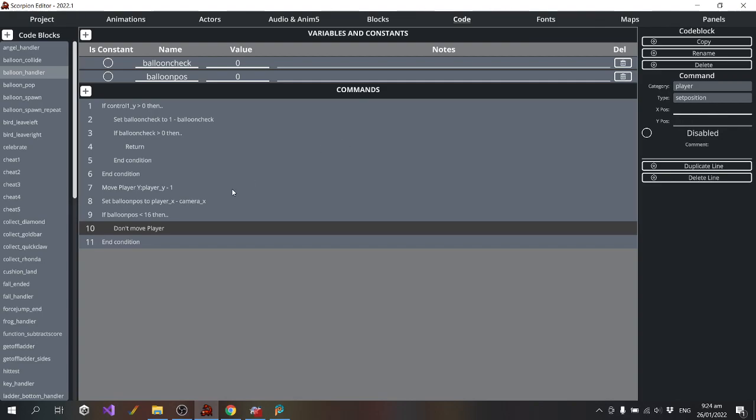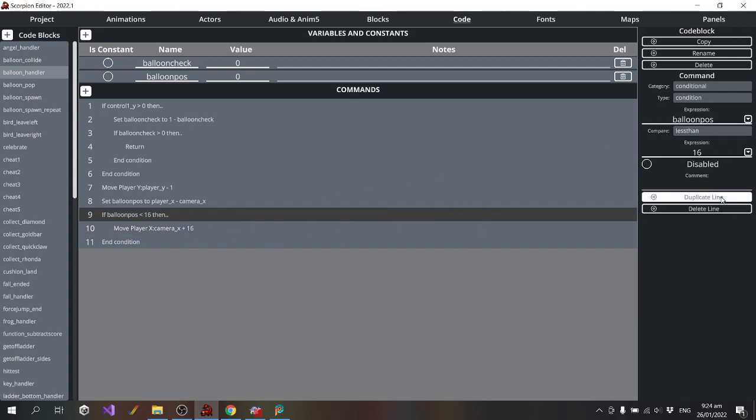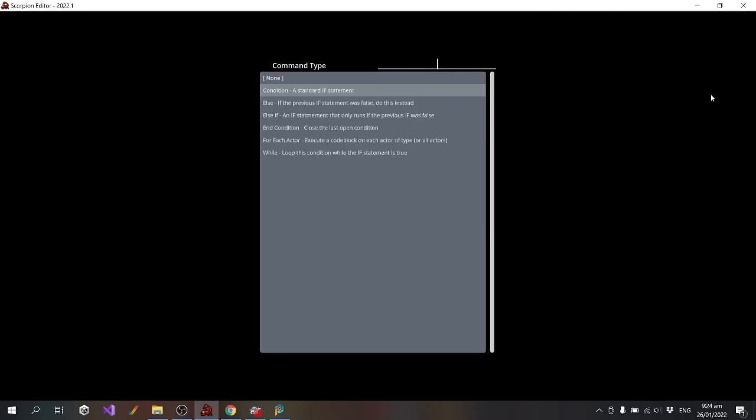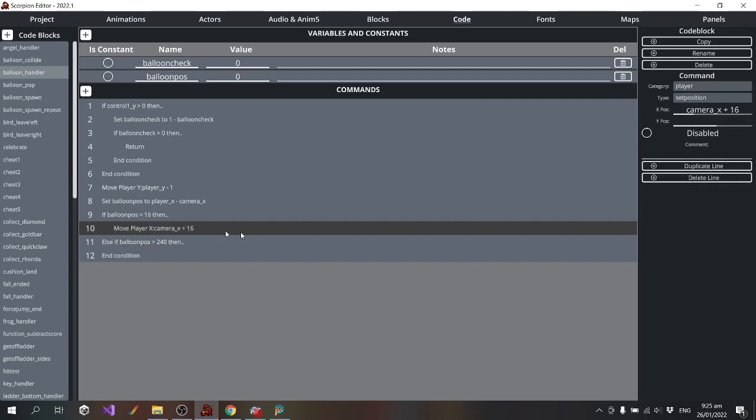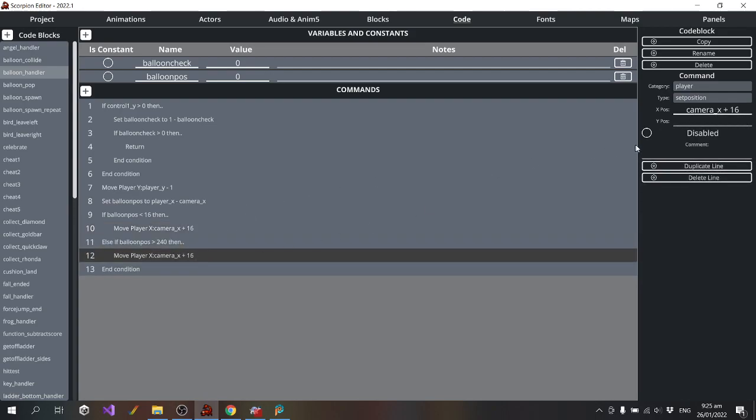So I'll just say camera x plus 16. Then I will do an else if balloon pos is greater than 240, I guess. So if the balloon pos is greater than 240, then we want to move the player to camera x plus 240.